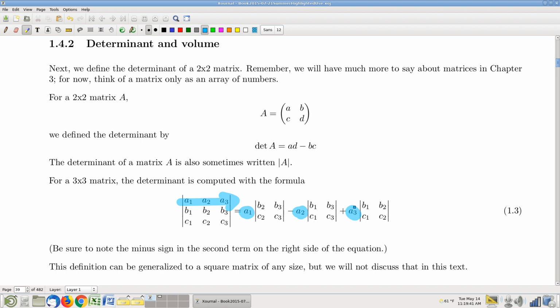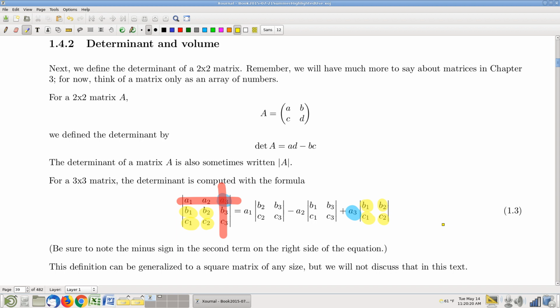Right? For each entry in the top row, let's look at just the last one arbitrarily. For each entry in that top row, you cross out the row that it's in, you cross out the column that it's in, and you look at the 4 elements that remain, right? And then you write down the little 2x2 submatrix, they call it, and take the determinant of that. So it's a really weird little formula. 3 separate terms. For each one, you get the corresponding entry in the top row times the determinant of the